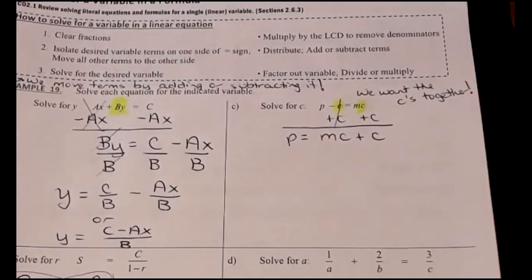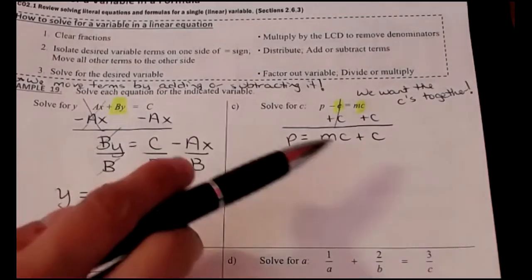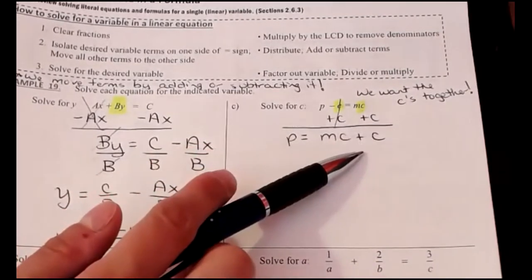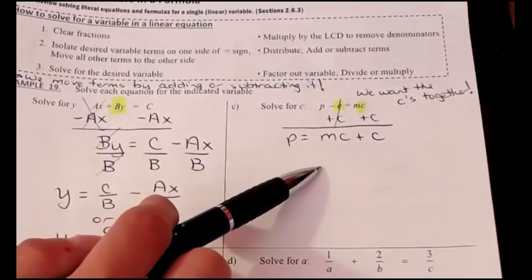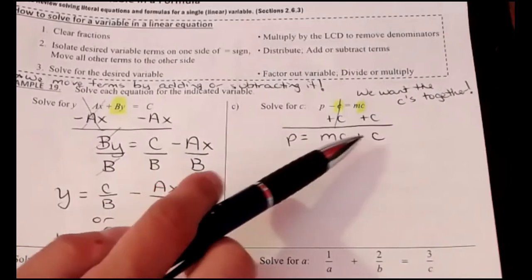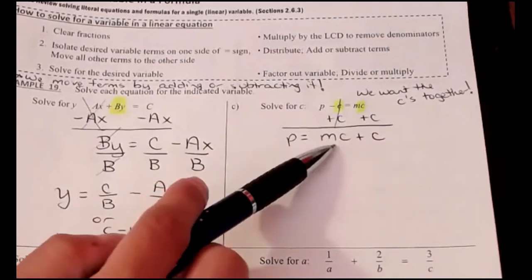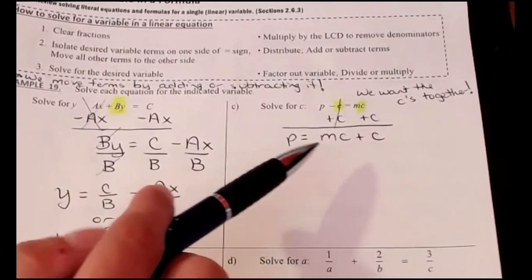Wow, this is interesting because we just want C alone, but we can't right now because C is in two terms. I wonder what technique we could use that would pull this C out. What word am I looking for that would pull this C out of both terms? We are going to